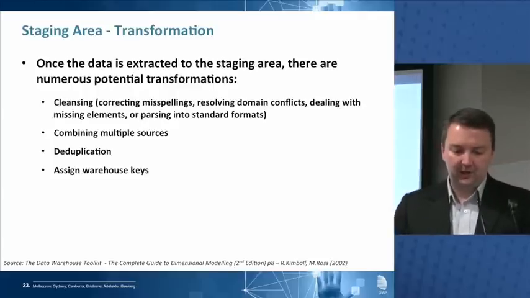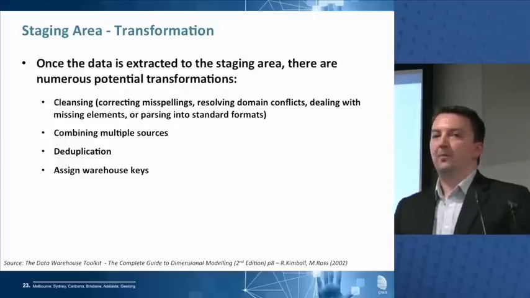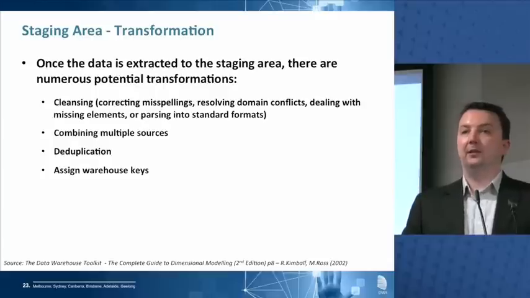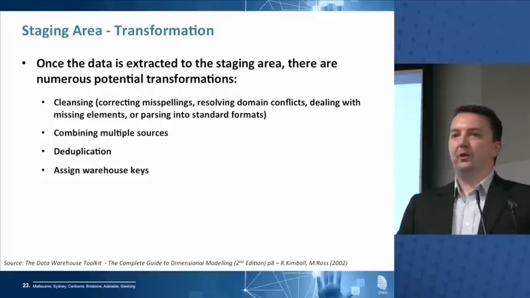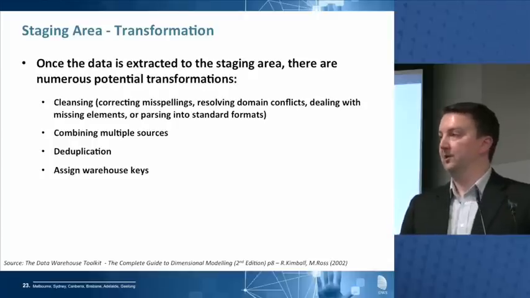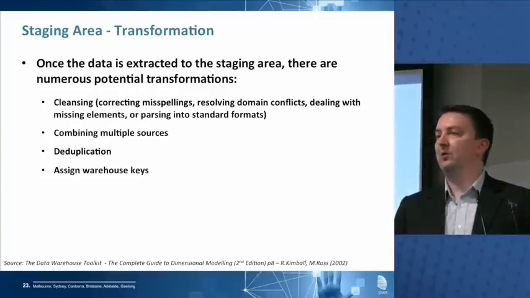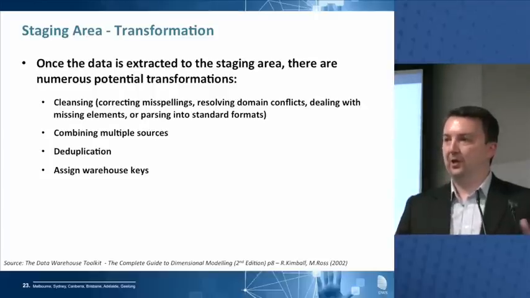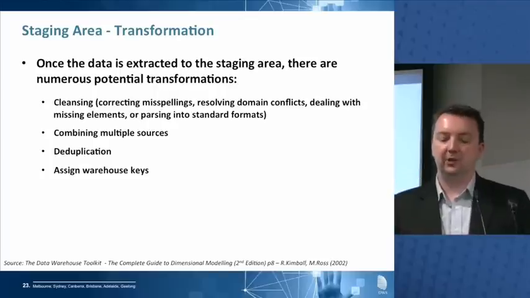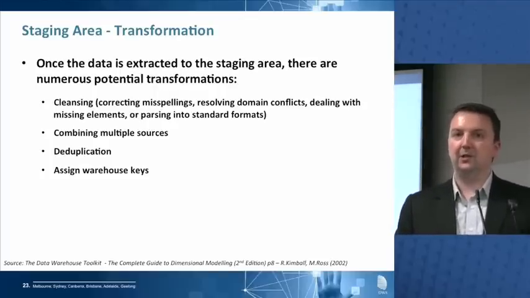Right. Deduplication speaks for itself, and assigning warehouse keys. You'll see a little bit more of this later. In our data warehouse, every line of data that we receive in, we're not going to trust the key that the source system has provided us to stay the same. We're going to assign it a brand new numeric key of our own, something that we don't publish outside of the data warehouse, something that we use internally for tracking. All of the data that we get in, we're going to assign one of these keys. Who can tell me what that's called?